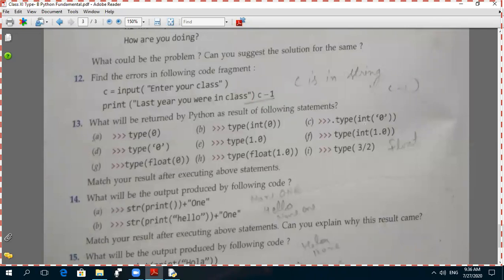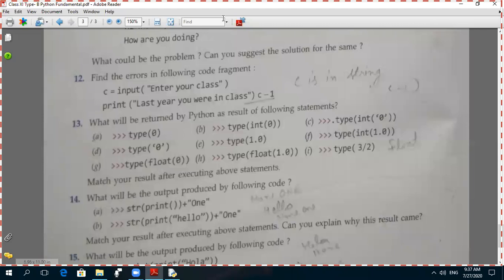Now type int 0, where 0 is written in quotes. What will the output be? Type int 0, where 0 is written in single quotes. What will the output be? Give the answer fast.